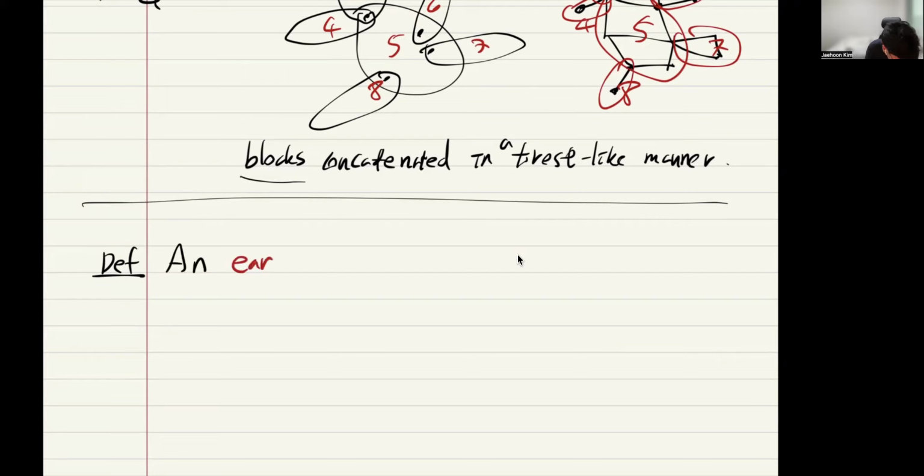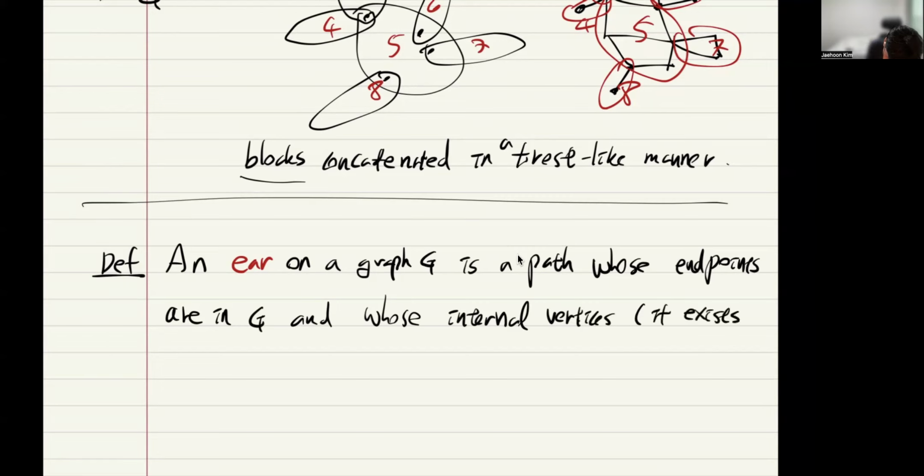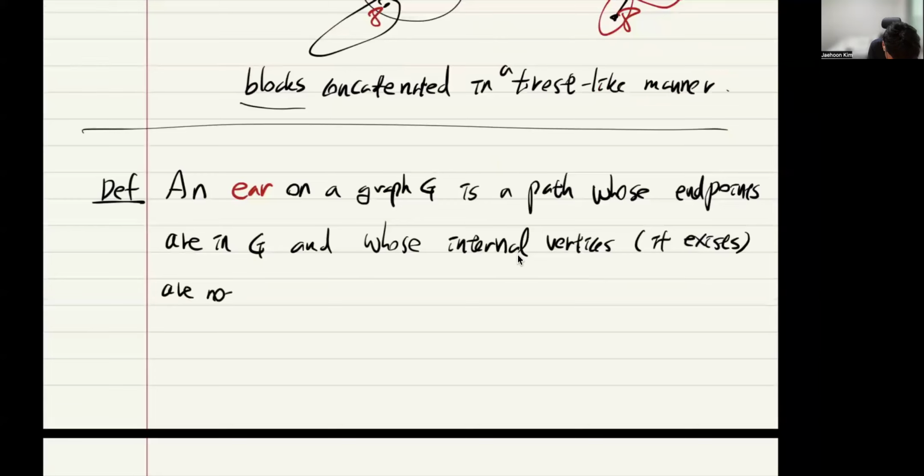So we define an ear on a graph G is a path whose endpoints are in G and whose internal vertices are not in G, meaning that you have a graph G,